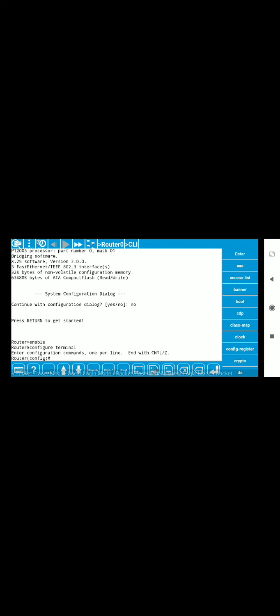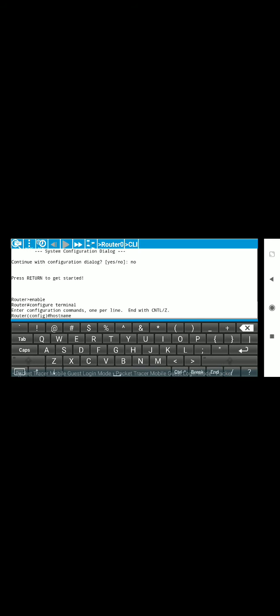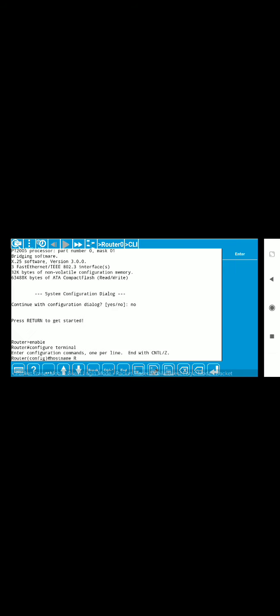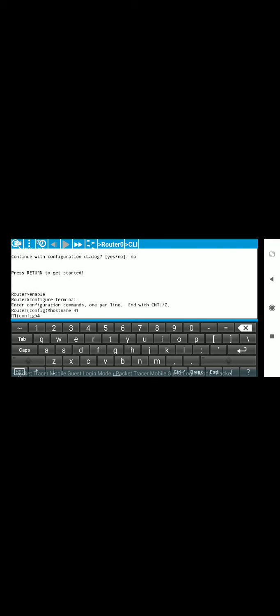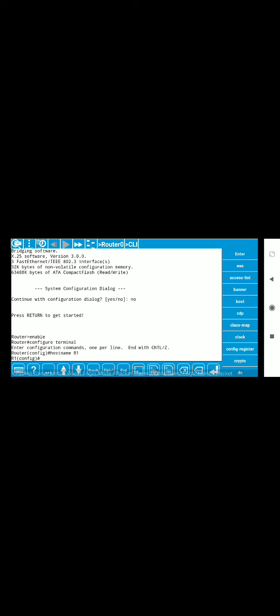So click on router, again on CLI. Here we have to change the name of the router. So first command that we are going to run is hostname, and enter. Hostname is R1. Okay, so then click on the enter button from this keyboard, enter. Okay, and you can see at the leftmost bottom corner there is a rectangle, just tap on it, that keyboard will be minimized. Okay, so host name is now changed to R1.